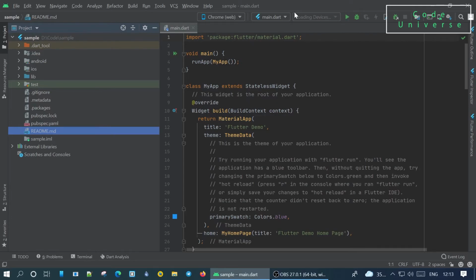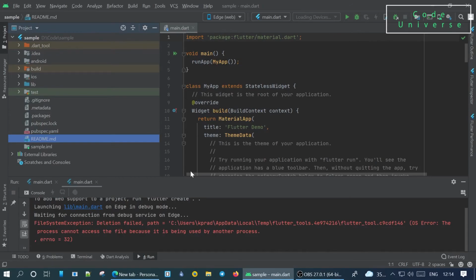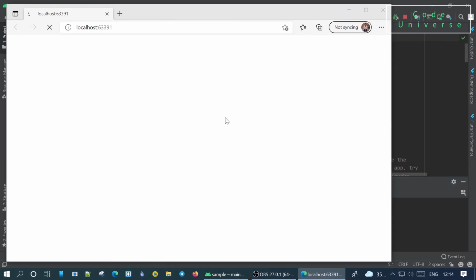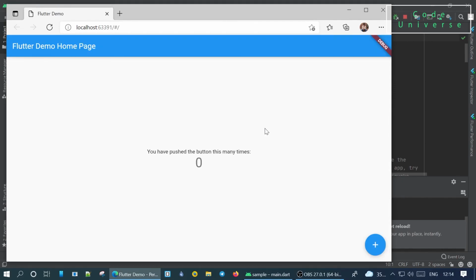Kindly select your web browser in the Flutter device selection and then click the run button to start running your project. So I have started to run my project. So I'm selecting Edge here and I'm trying to run my project in the Edge browser. So now you can see, right, our project has run successfully in the Edge browser. So this is a sample demo app that Flutter creates when you try to create a new project.